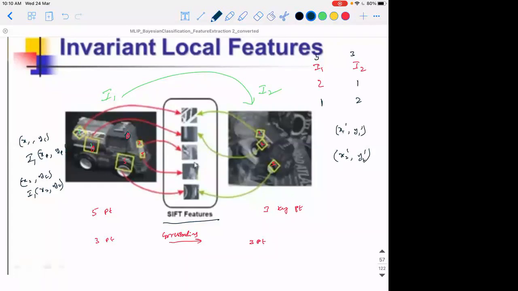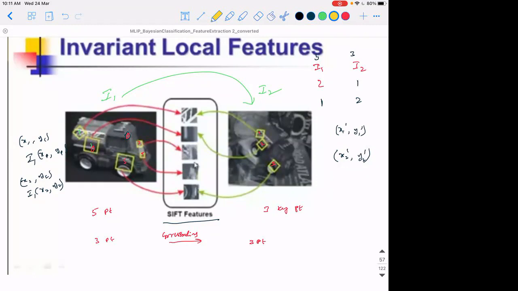If I want to establish that this key point and this key point are the same, that x1 y1 is the same as x1 dash y1 dash, or x2 dash y2 dash, meaning the information around it is the same, what should I do? I think it's a very simple question. Any suggestions? The gradient should be equal in both. So the gradients at I of x1 comma y1 should be equal to those at x1 dash comma y1 dash.